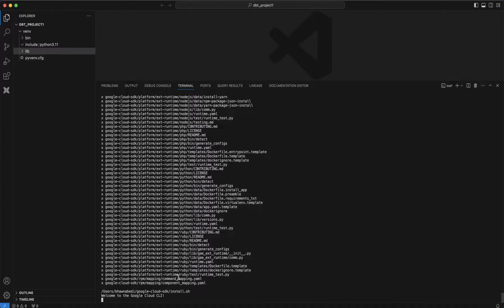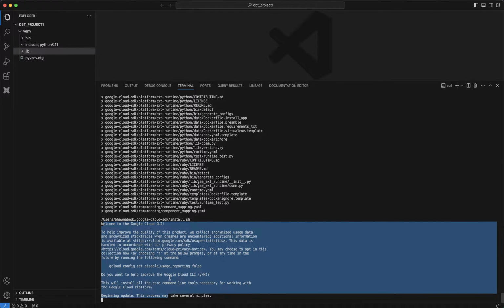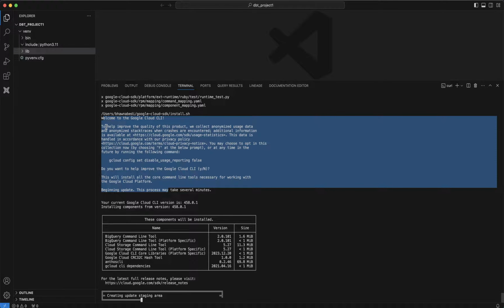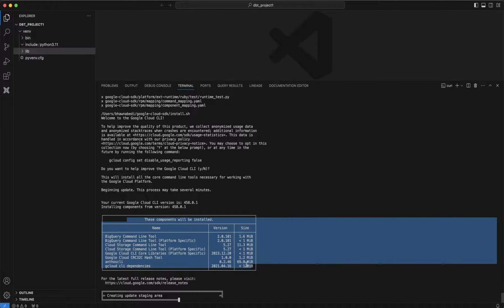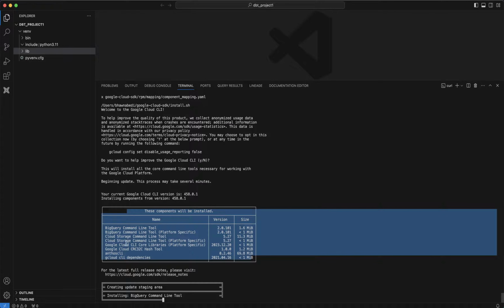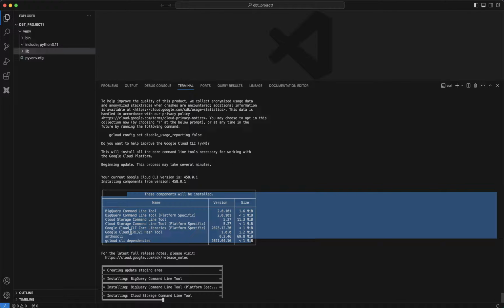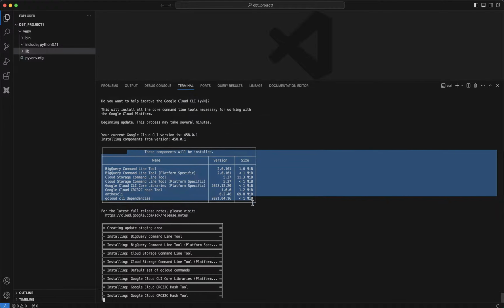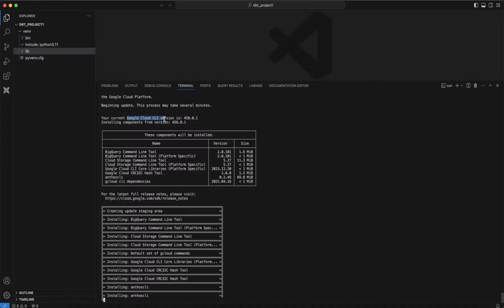Now you can actually see that it says welcome to Google Cloud CLI. It asks you to help improve the quality of the product. Similarly, it gives you a table, which tells you about the BigQuery command line tool and the Google Cloud CLI. All these SDKs are going to get installed one by one. This is the specified version and this is the size, and it is also telling you that the Google Cloud CLI version is